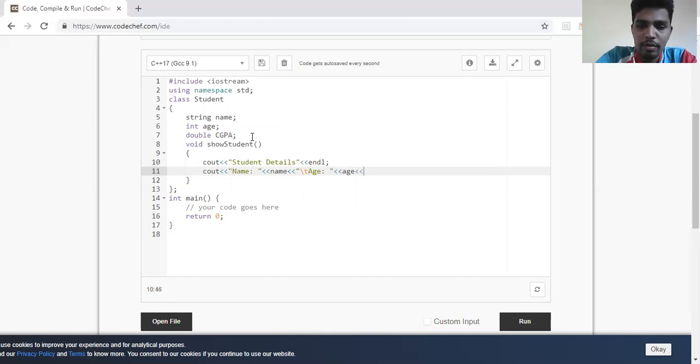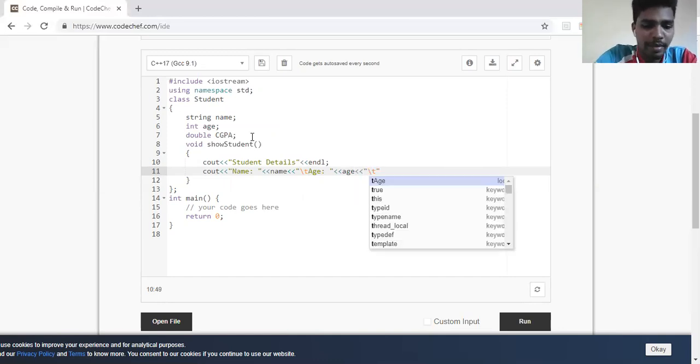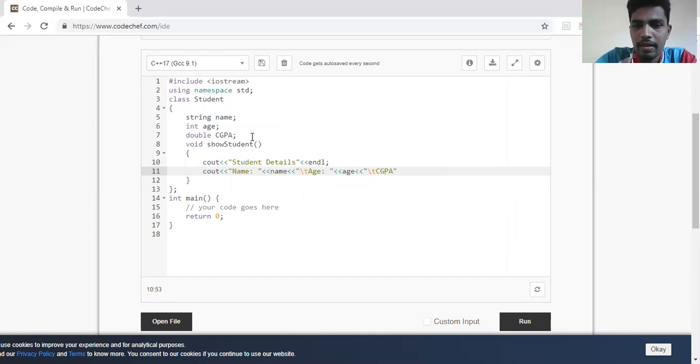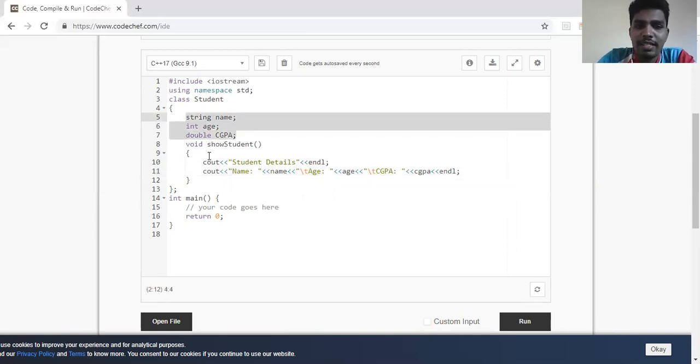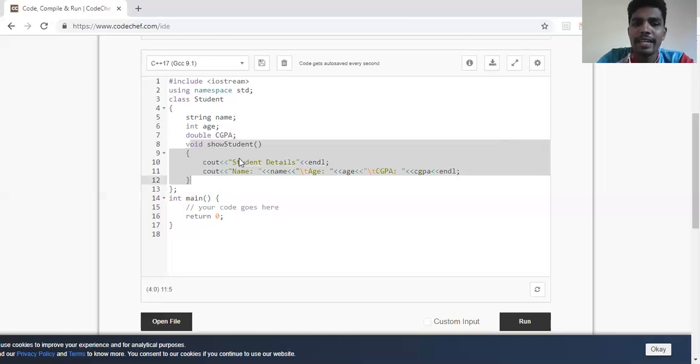The third attribute which we're going to display is CGPA. And then finally, we'll insert code to go to the next line, so endl. So there is a function. It's called a member function of this class. These are called data members, and this is called a member function. So we have written a member function to display the details of a student.